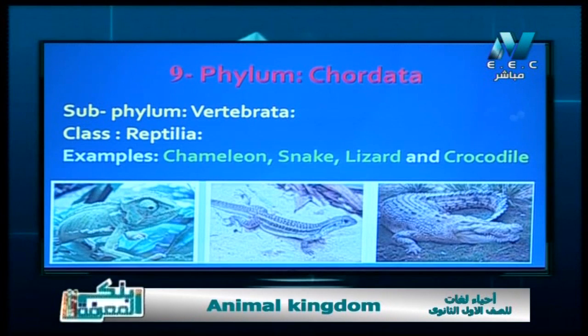If it is present on sand, it becomes yellow, or if it is present on the grass or green plants, it turns green, and so on. So it can change its color to hide from enemies, and this is a character called camouflage. And of course, the reptiles, you know that they lay eggs, and they have 4 pentadactyl limbs, but these